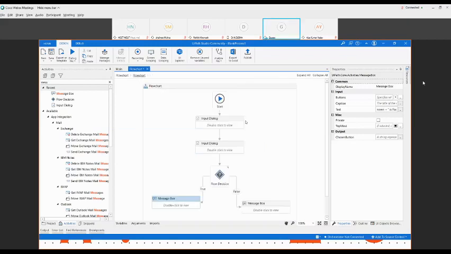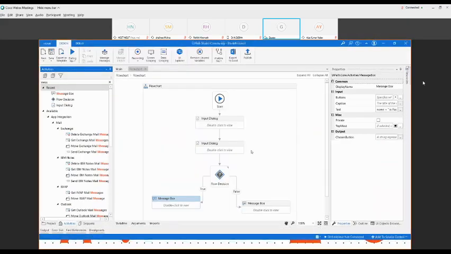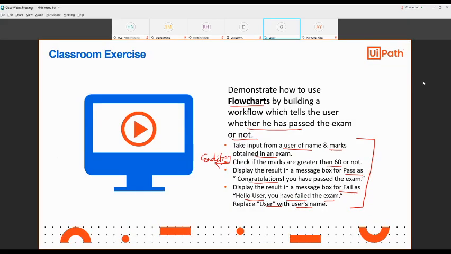Again, before running this, always check whether there is any error or not. If there is no error, we'll run it again. Run file. The name is maybe Mahesh, marks is 79. Mahesh is passed. You can simply use that string for printing the name. It's very simple. So this kind of activity you can use in a flowchart. This way we have done this exercise.